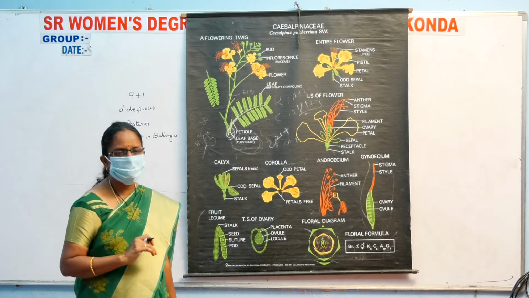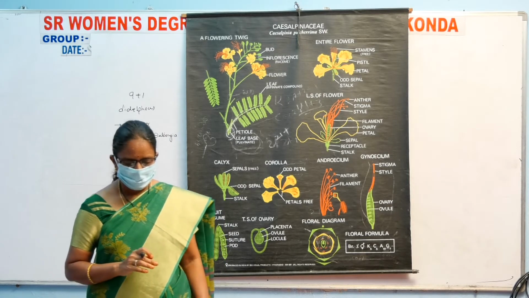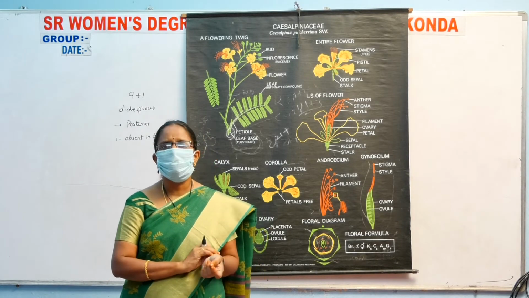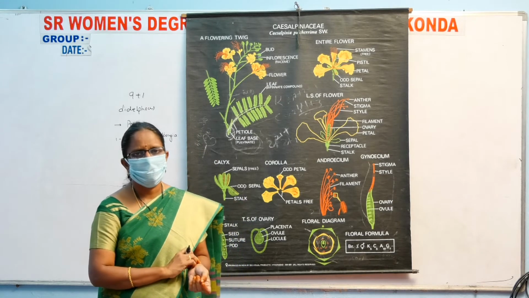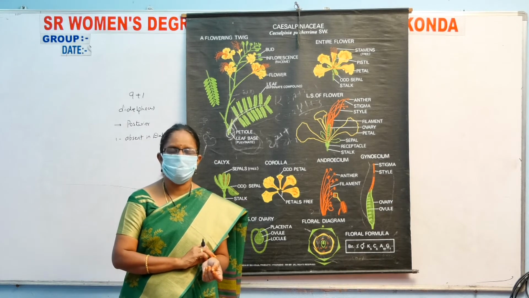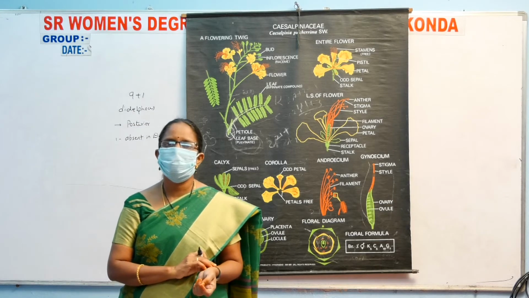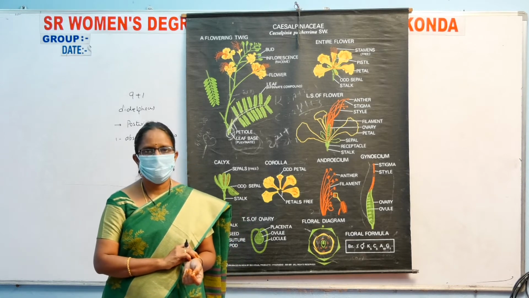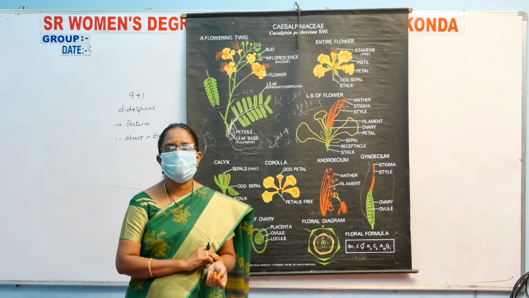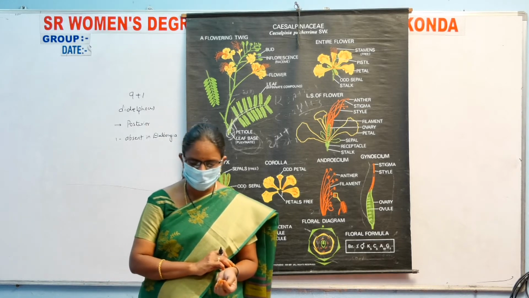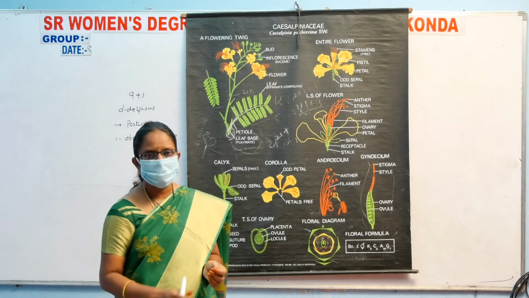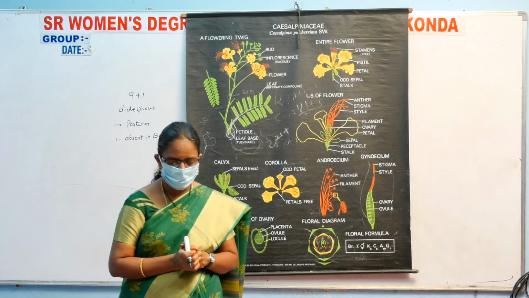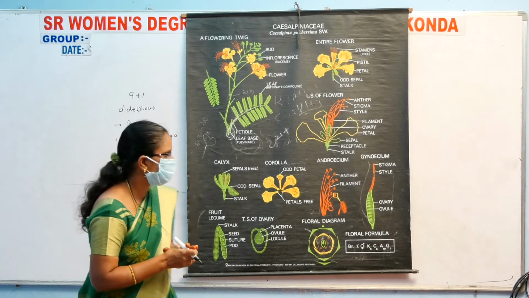And next one is the gynoecium. The gynoecium is monocarpellary, with an inferior or semi-inferior ovary, stalked or sessile, unilocular. The ovary consists of ovules, arranged in parietal placentation. It is unicarpellary and unilocular. The style is thick and short, and the stigma is hairy. The fruit is normally a legume in Fabaceae.